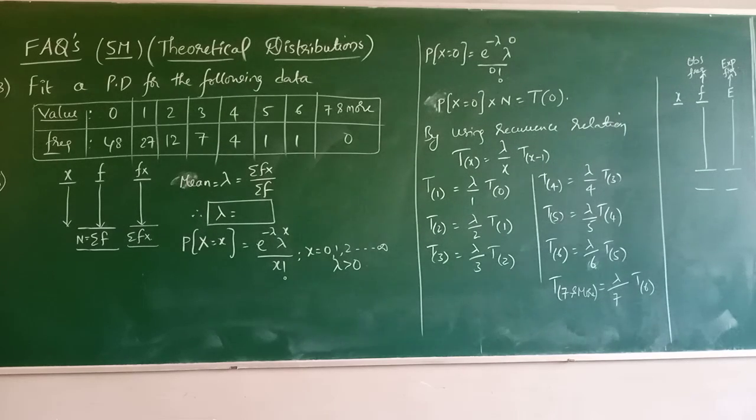So we shall see the next question. I hope this question is clear. For fitting of binomial or fitting of Poisson, for finding the successive frequencies or successive probabilities, we use the recurrence relation formula. If you see the properties of binomial and Poisson, you will understand how this recurrence formula is taken. But there is a slight difference between calculating probabilities and calculating frequencies.